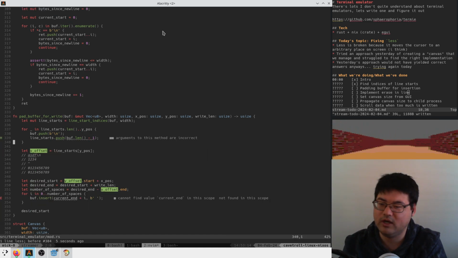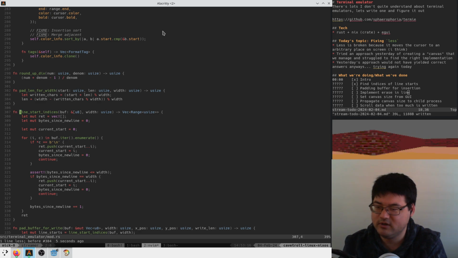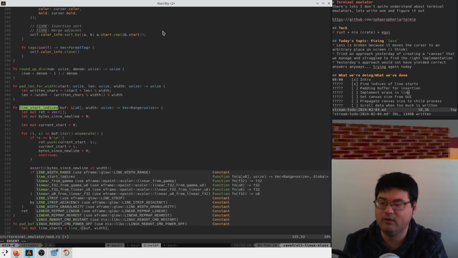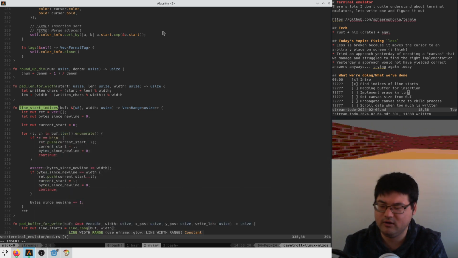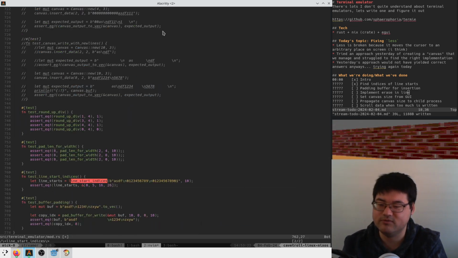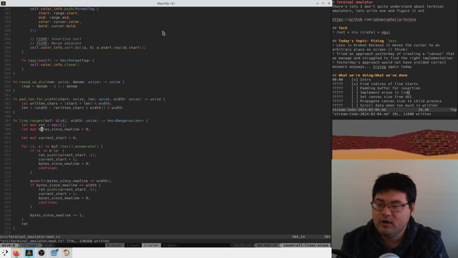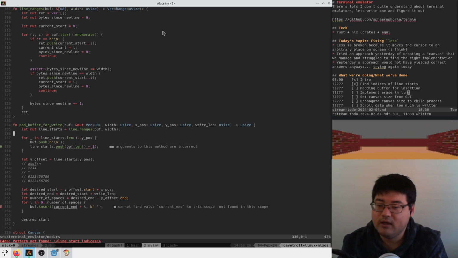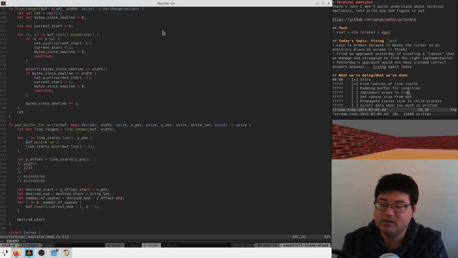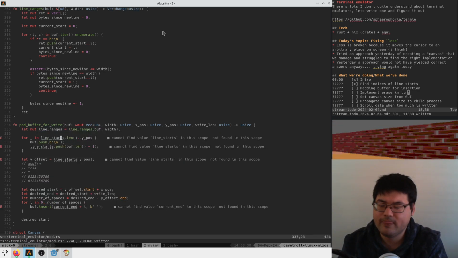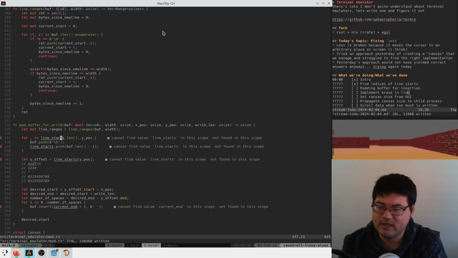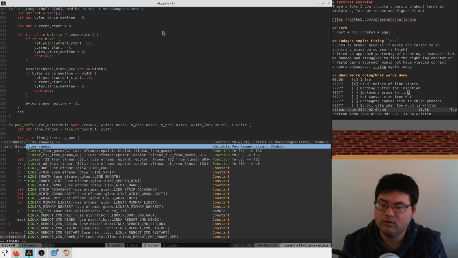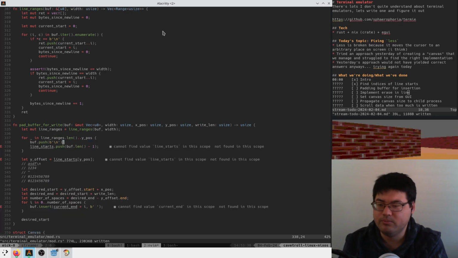It's also no longer line starts or line start indices. This is now called line ranges. Line ranges. Yep, that seems fine. Okay, and here we say line ranges is equal to line ranges, and we say for this in line ranges len, we push this, but instead of pushing